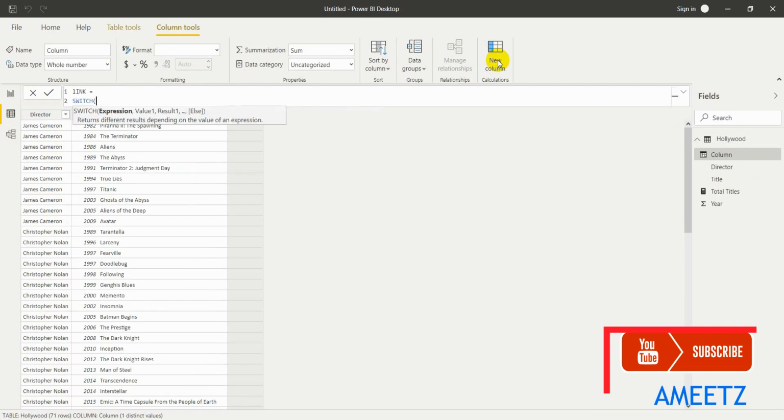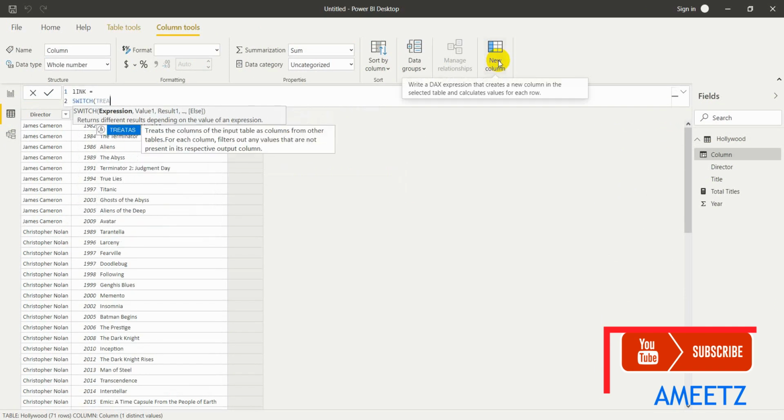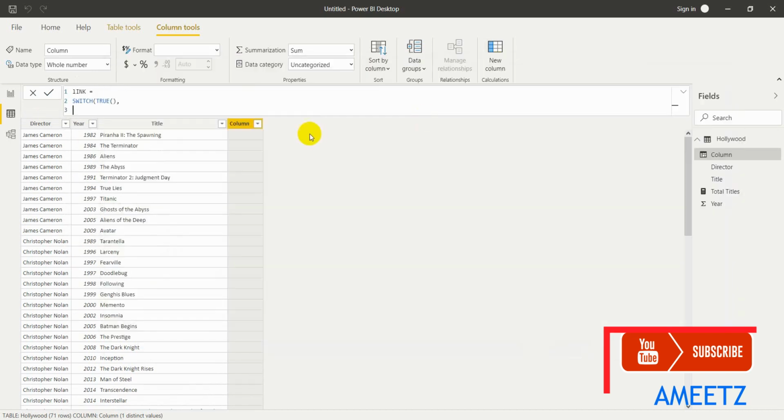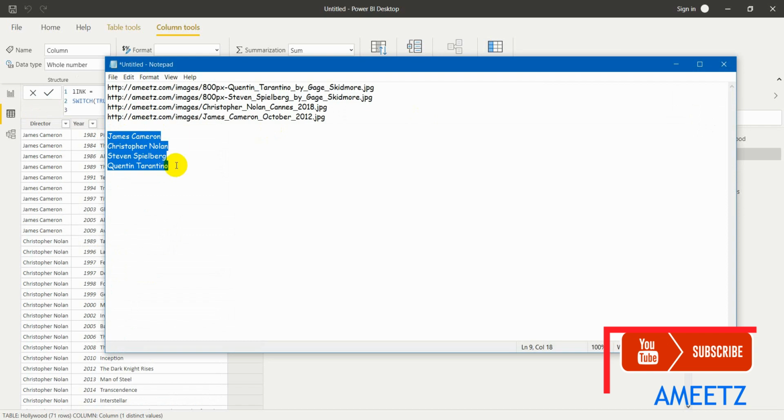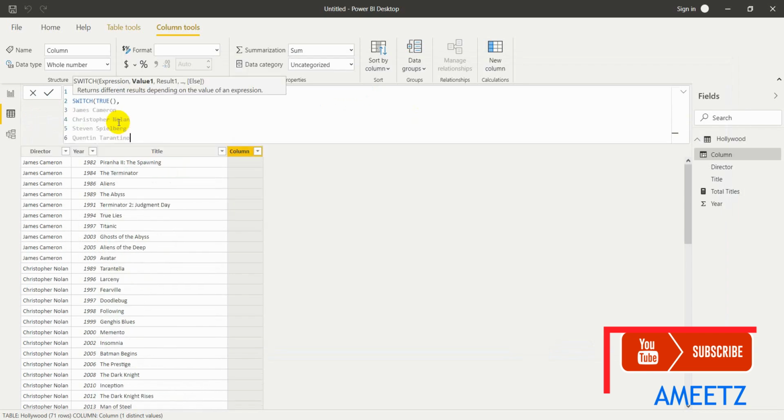I'm using the switch function and then true, because I need to use the true conditions. And then let me quickly add the names first and then I will be changing it. So I've just added it.